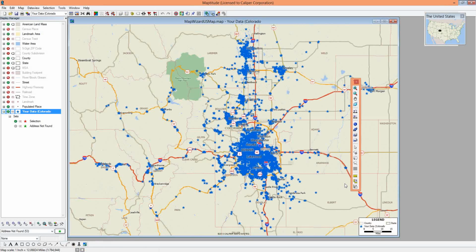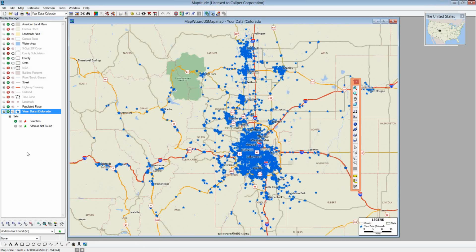The wizard opens the map to the area where my data are located. And the thing that I am most concerned about at this point is finding out more about those 53 records that were not located. The first thing I want to bring your attention to is the display manager on the